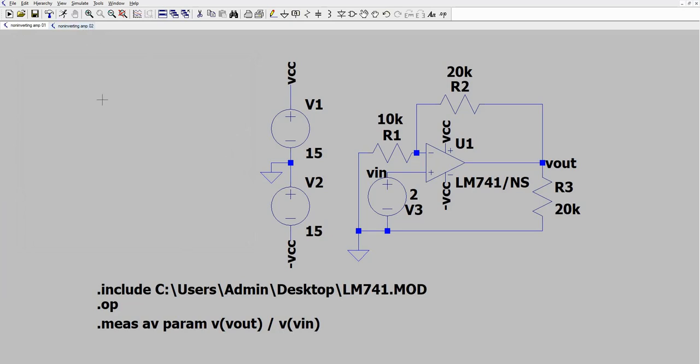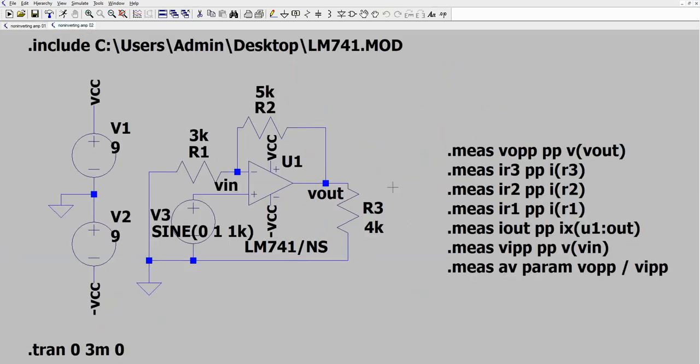So from the example from last meeting, aside from the DC, we have our AC analysis.